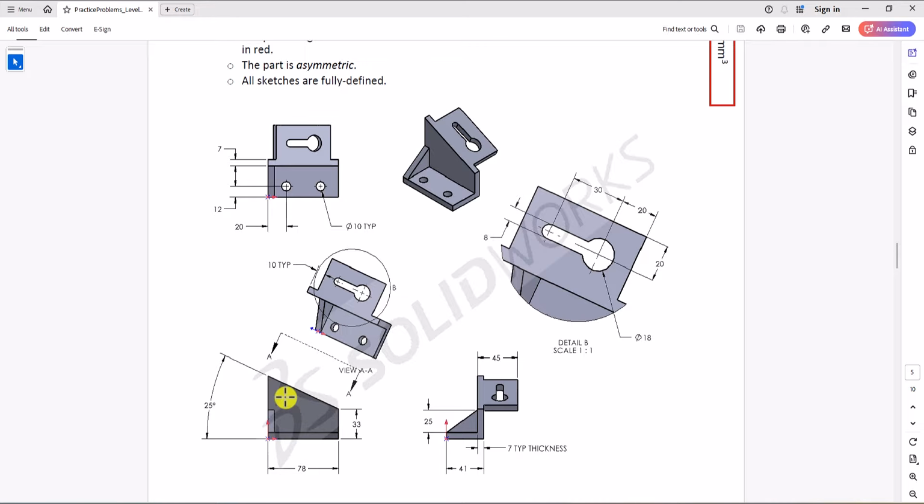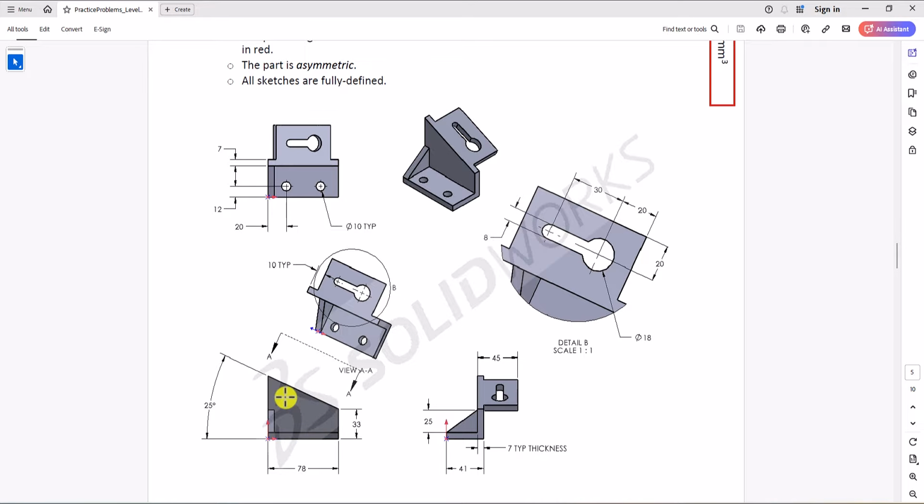So when we are dealing with this hole, the volume of the hole is a function of the diameter of the hole and the depth of the hole. So as long as we know these two dimensions, it doesn't matter where we put this hole, the volume that it is taking is always the same. So at the end of the day, we are going to find the total volume and